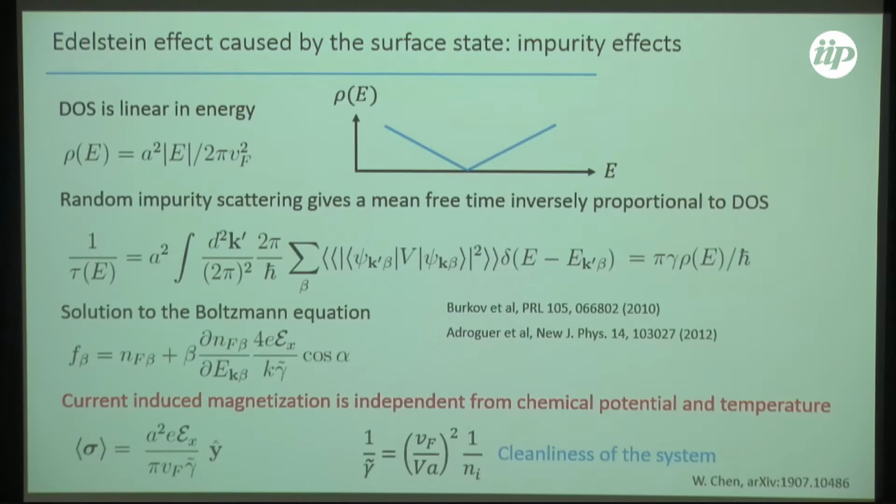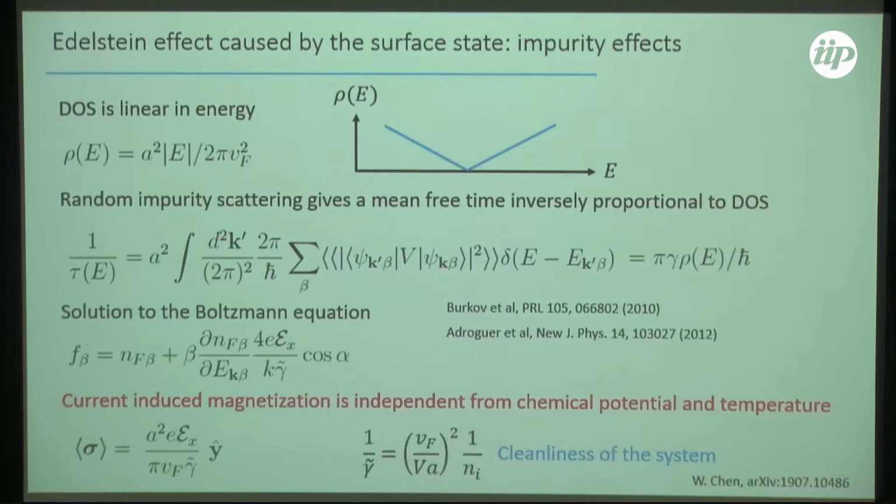So this is really a very simple-minded semi-classical Boltzmann calculation, as you mentioned. But we can discuss it a bit later. Now, the only thing that is left that determines the magnitude of this spin accumulation, for a specific strength of the electric field, is this factor that I call the cleanliness of the system. Essentially, it is just the impurity potential squared multiplied by the density of the impurities. If this 1 over gamma is larger, the cleaner it is, and then you have more